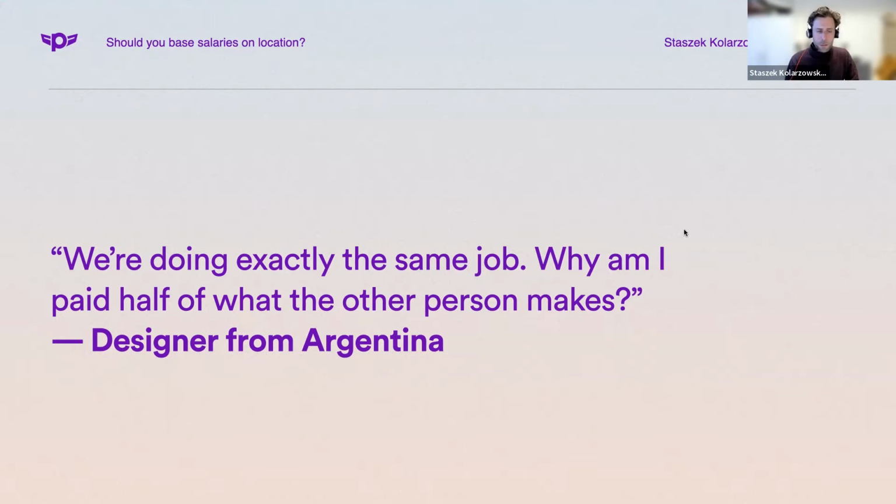In the past, one of the companies we worked in was a talent marketplace for engineers in emerging markets. I remember we made a survey where we asked people about the fairness of salaries, and 99.9% of people were really not happy with location-based salaries. They were all coming from low cost of living countries, but they were very vocal. This is not fair. This is not the right approach. There was a very heated discussion. So this is what you can expect from your team members in other countries.